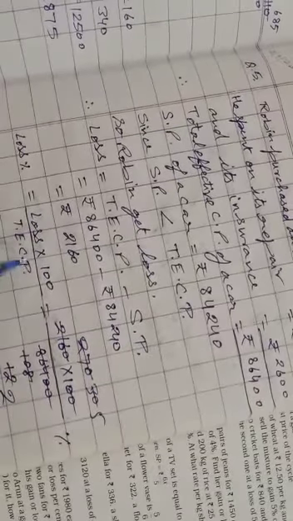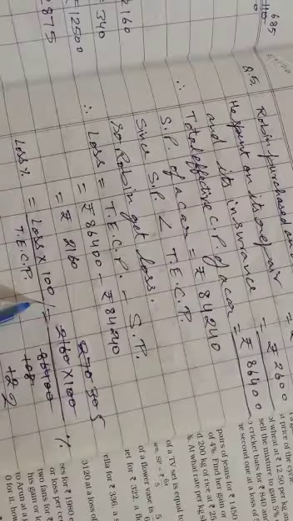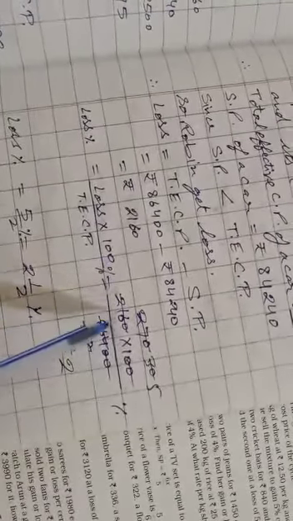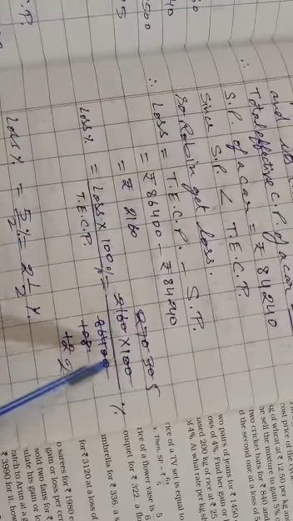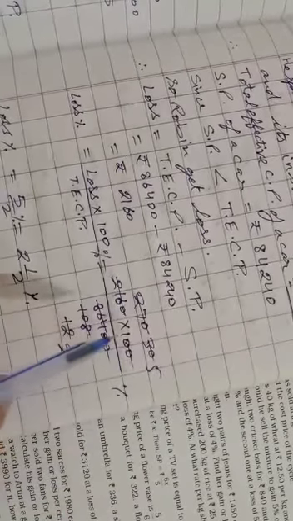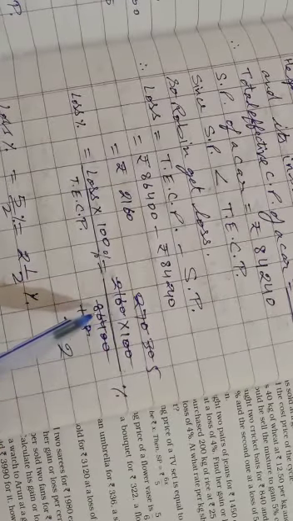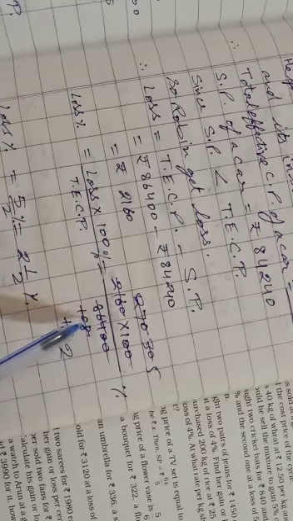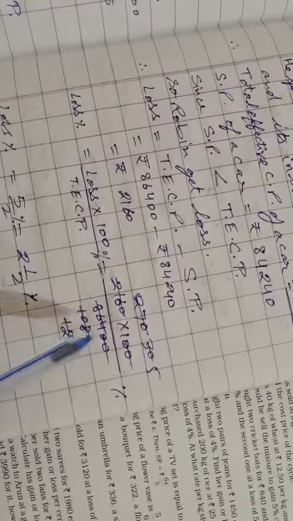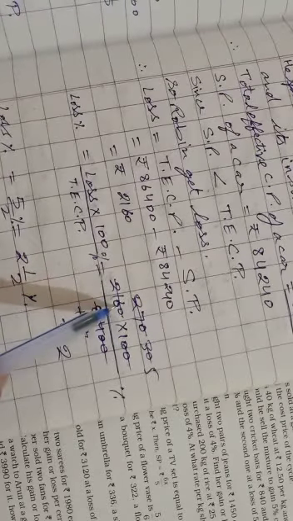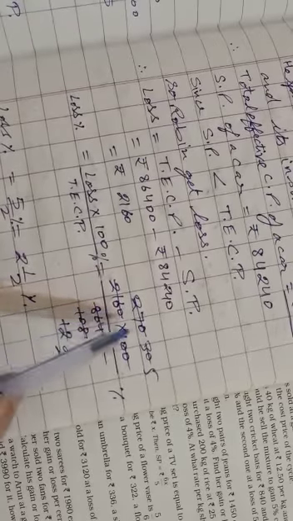Now loss percent is loss multiplied by 100 upon total effective cost price. Loss 2,160 multiplied by 100 upon 86,400, this is the total effective cost price. The zeros cancel out. Now 8 1s are 8, 8 0 0, 8 8s are 64, 8 2s are 16, 21 minus 16 is 5, 5 6 56, 8 7s are 56, 8 0 0.